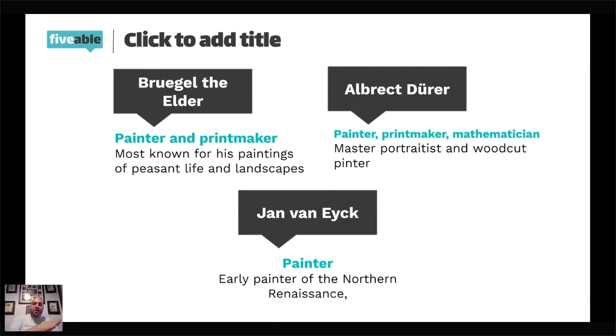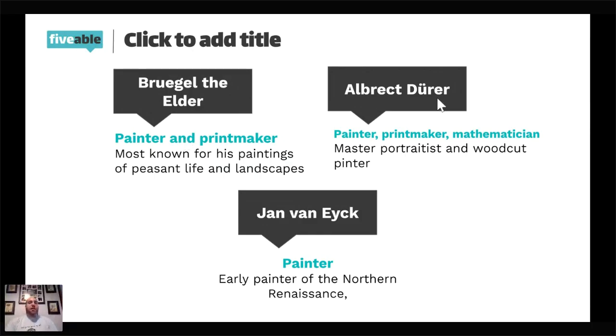In the previous stream, when we talked about the Northern Renaissance in general, the printing press, we said it couldn't be overstated. This is proof right here. We cannot overstate the printing press and how important it is to the Renaissance, especially the Northern Renaissance. Pieter Bruegel, he is known for mostly his paintings of peasant life and landscapes. His beautiful peasant life paintings show a lot of detail into what an everyday life would be like for someone living in a village in what is known as Flanders or the Low Countries, today's Belgium and the Netherlands.